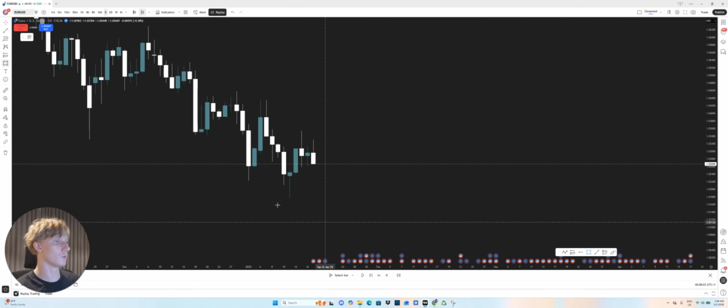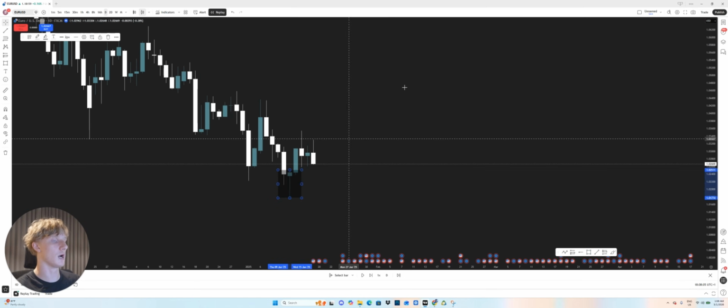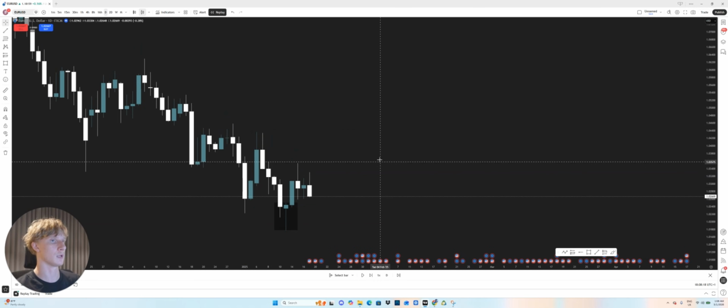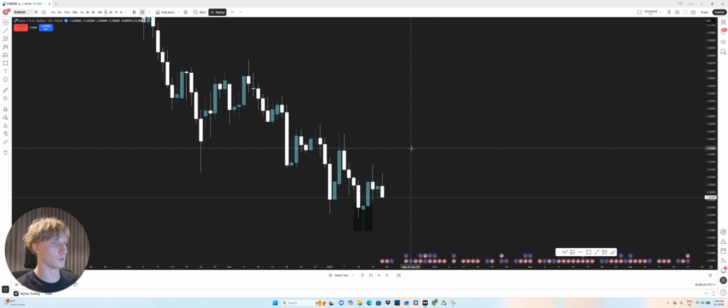This is the type of level that we want to avoid. This is not valid. Why? Because we can see that from this area, the move was not significant. There was not a lot of momentum. And if, in fact, an institution did enter the market here with billions and billions of dollars, we would see a much more dramatic move than this. So look for the obvious moves.